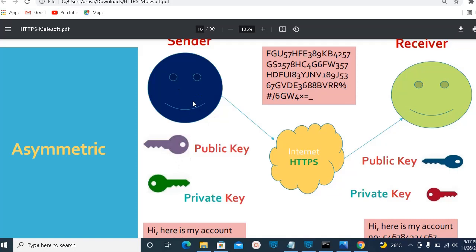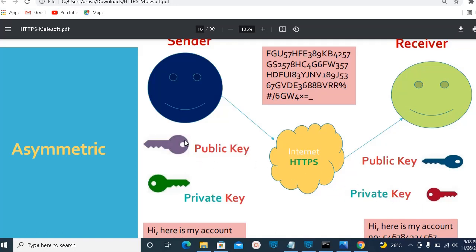The sender should encrypt the message using this public key and send it to the receiver, so that once the receiver receives the message, he can decrypt it using his private key, because these two are a pair. These two are another pair. If you encrypt a message using this public key, the other receiver cannot decrypt it using this private key, because these two are not a key pair.